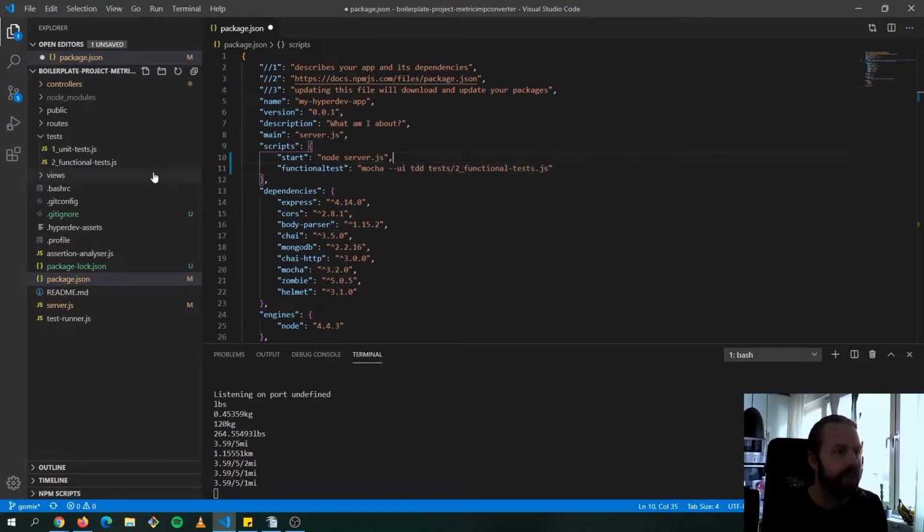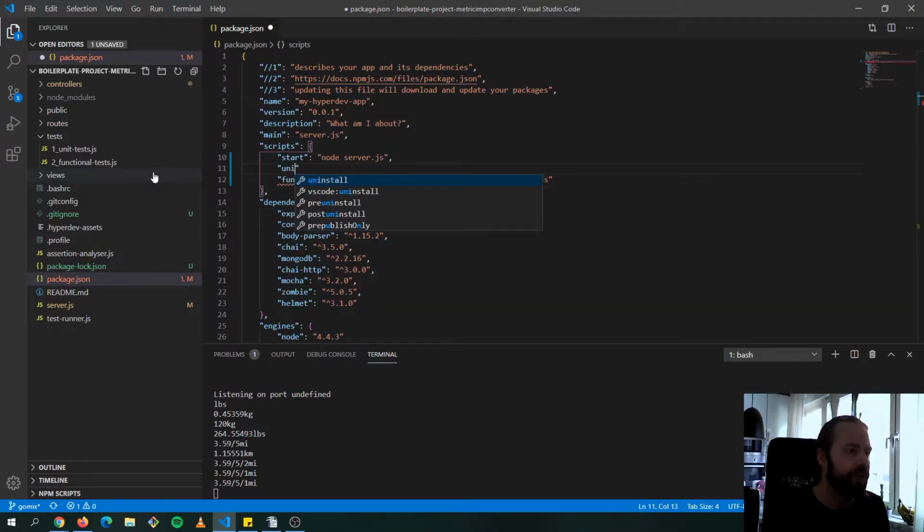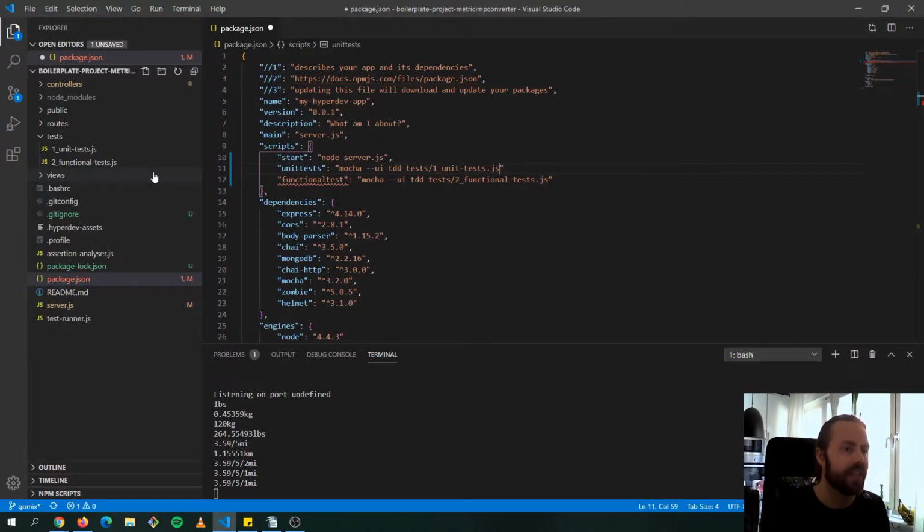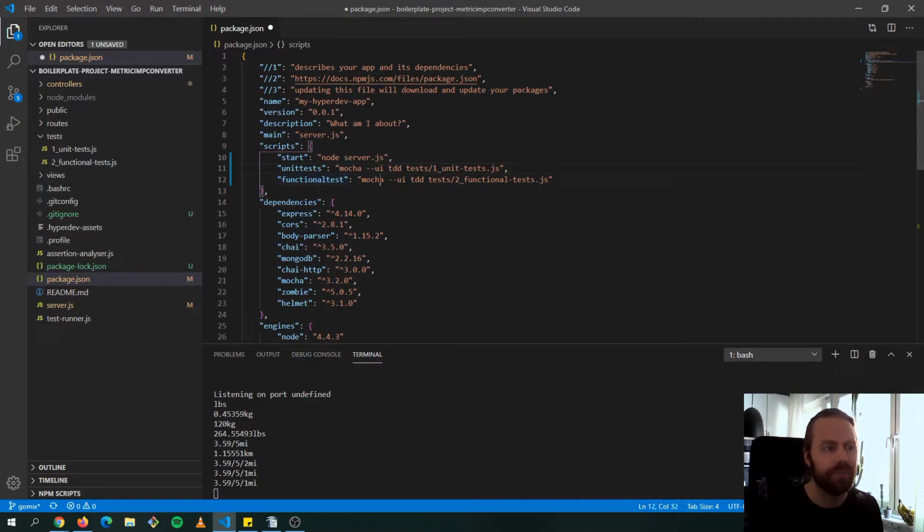And we can make another one here that's unit-tests, because we're gonna need that in the next part anyway. So we're gonna do mocha --ui tdd tests/1_unit-tests.js. And again, I don't know if this is how it's done in Chai and Mocha professionally, but I don't really care, because I don't use Chai and Mocha professionally. I use Jest, because I think it's a lot better, and it works a lot better with the systems I work with. Anyway,